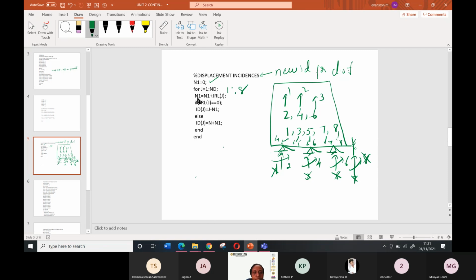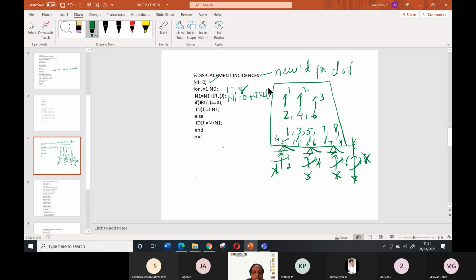Now we'll check what is happening to n1. n1 is equal to n1 plus jrl of j. Initially n1 is 0. Otherwise the program will terminate, because if you write n1 is equal to n1 plus jrl of j without initializing, the program will get terminated. So now n1 is equal to 0. What is jrl of 1?